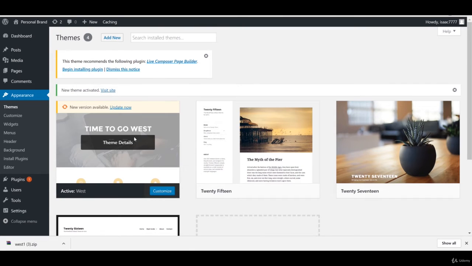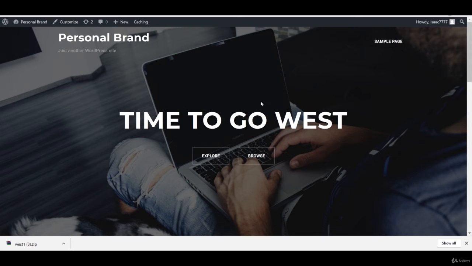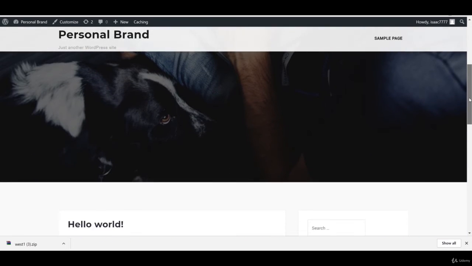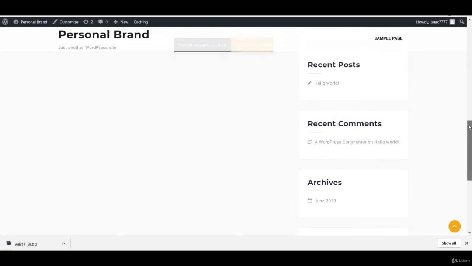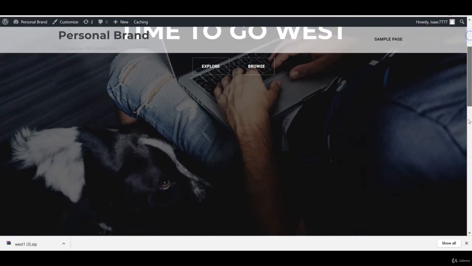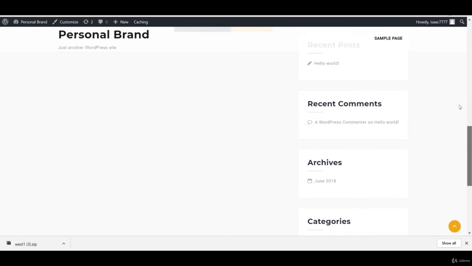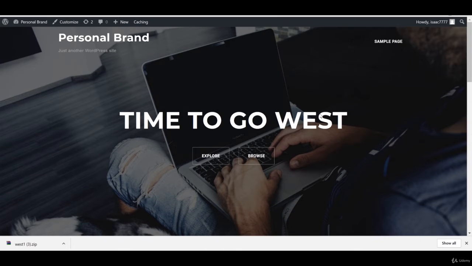Okay, so let's just have a look at this new theme that we've installed. So if we go to here and visit site. Okay, awesome. So we come here, and as you can see, it already looks a little bit better than that free theme that came from WordPress. But if we scroll down, you see it doesn't really look anything like the website that I've shown you guys we're going to be creating. Where are all those incredible, nice looking sections? There's just so much missing. Well, I'm going to show you guys how we fix that by going through and installing the demo content for